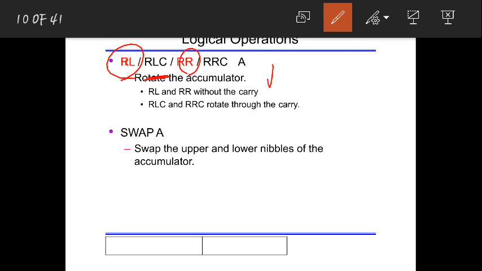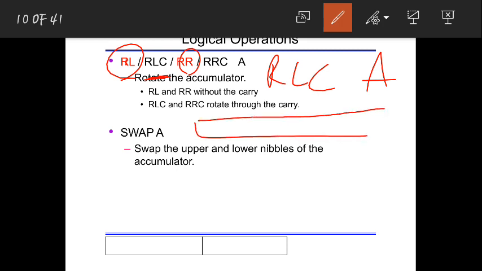If I write RLC accumulator, same way it has an 8-bit accumulator, and it has a carry. This is the carry bit from the PSW register. From the PSW register it will take a carry. So this is rotate left with carry.